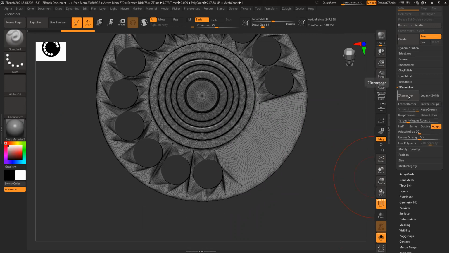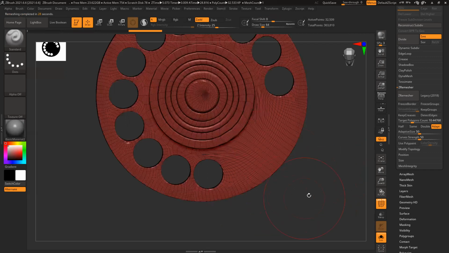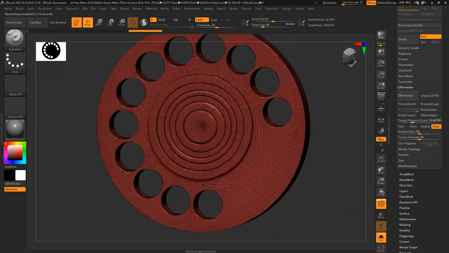ZRemesher, 5,000. I can increase it slightly more, 10,000. So it will give me a nice clean shape, though there are some issues.